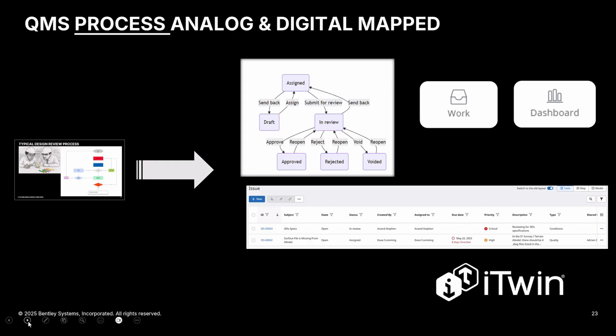We can expedite the process as we move in the digital space. Not only that, we could increase the level of transparency by clearly documenting and providing a trace of various quality control measures that have taken place, thereby improving quality assurance. And all this happens within the digital twin platform.